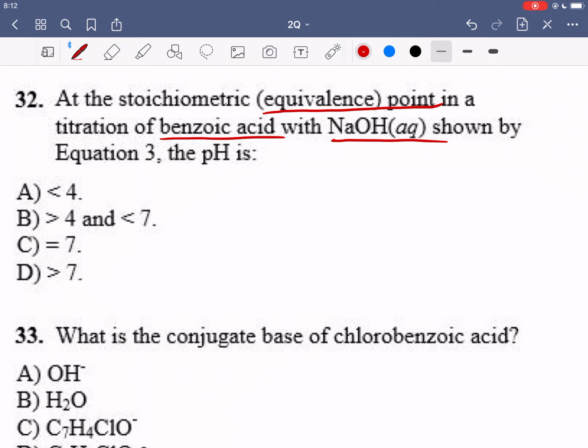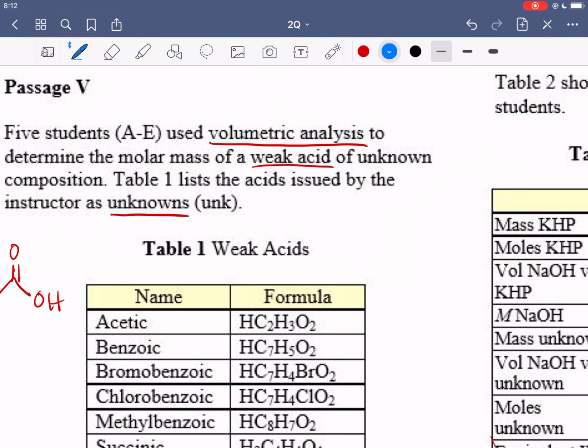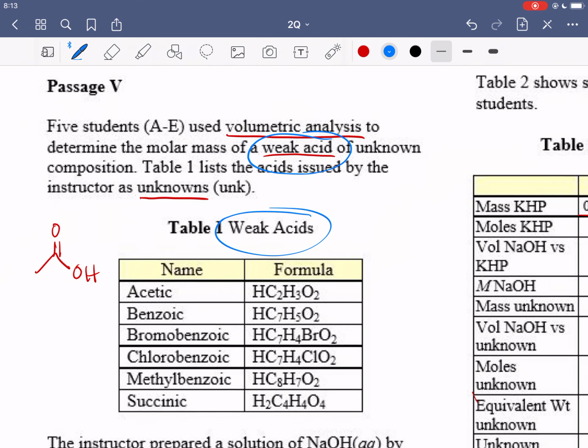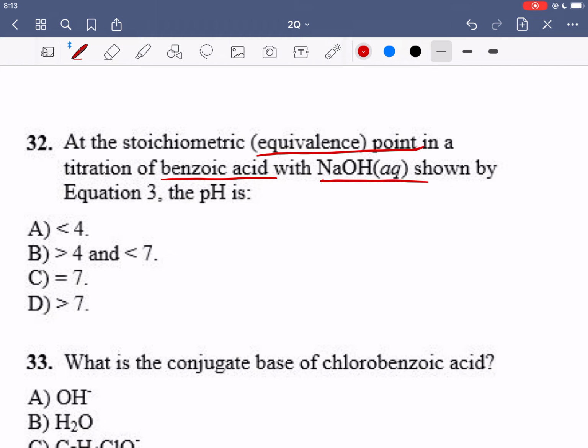At this point, what happens is dependent on the nature of the acid and the base. We're talking about benzoic acid here, and repeatedly in the passage, we're told that we're looking at weak acids, okay? Weak acid, weak acid. So we're looking at weak acids. NaOH, you should know, that one should just be obvious that it is one of the most well discussed examples of a strong base. When you have a strong acid and a strong base and they reach their equivalence point, the pH will be